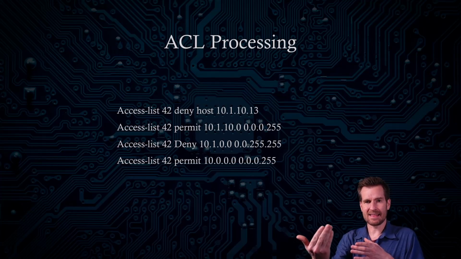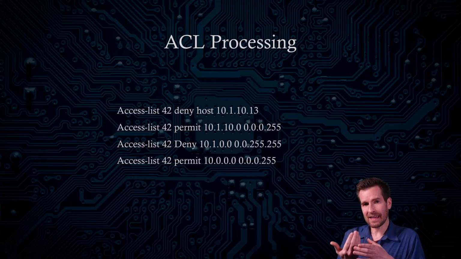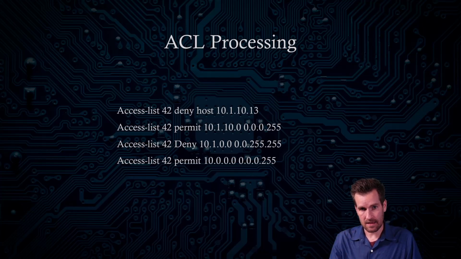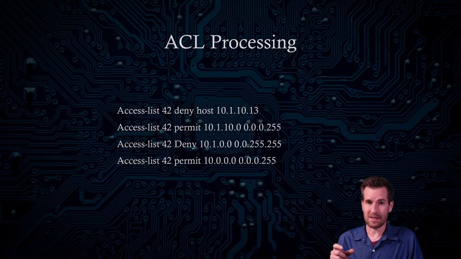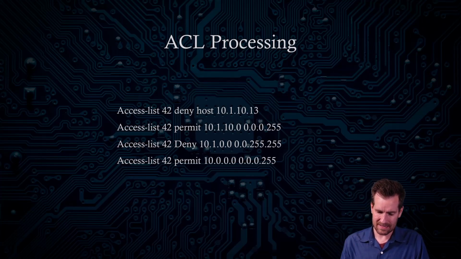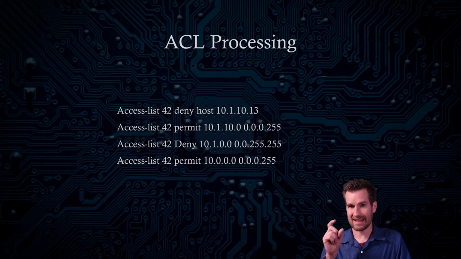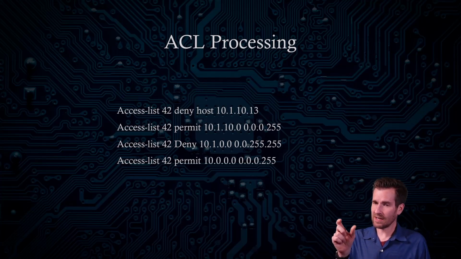So let's say in this example right here, it's coming in on a port. So it's going to come in on a port, and what the router is going to do is take a look at the packet and take a look at the source IP address. These are all standard, so it's just taking a look at the source IP address in this case. If it was an extended, then it would be the source and the destination. But since this is just a standard, it's taking a look at the source, and it's going to compare that